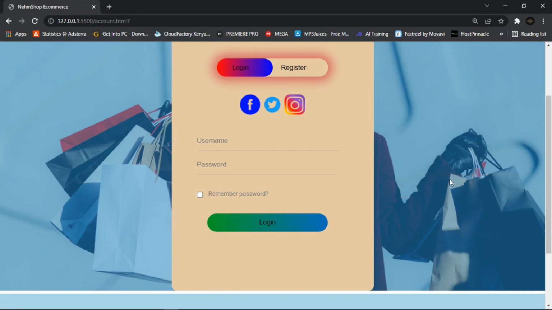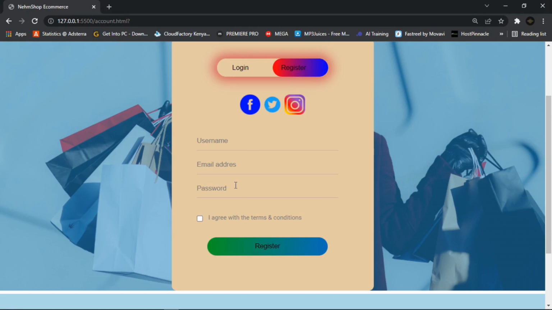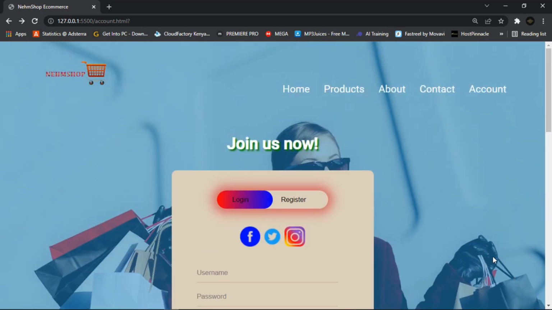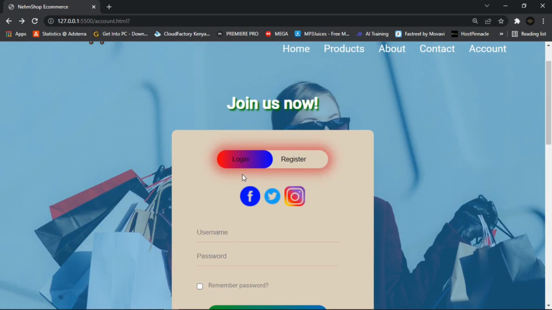And guys, you can see now the overflow is now hidden. When you click again on it, it brings the register form, the login form, and vice versa. I guess it's somehow pleasing. And so guys, now that this registration form is complete, you can see it's now complete with the active login